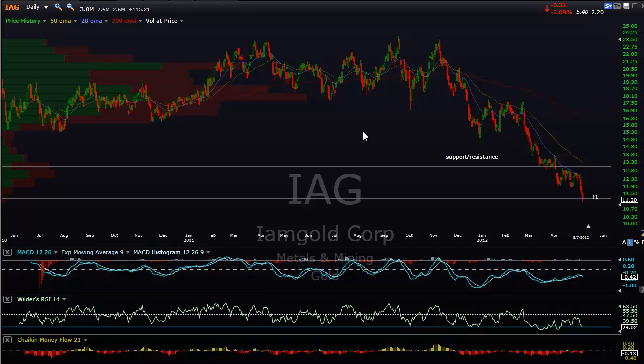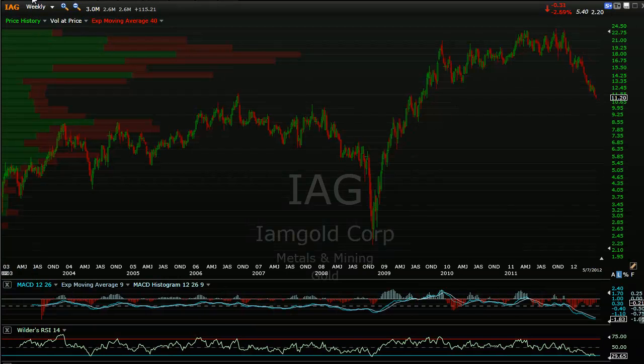IAG, this is an existing trade, another gold stock short. As those of you that follow the site know, I have quite a few of those gold stocks outstanding and have had those on for a few weeks or even a couple months now. This one has hit the first target today, so if you're in the trade, you should have taken some or all profits depending on your plan, and at the very least tighten up stops. Let's take a look. Any other notes on...